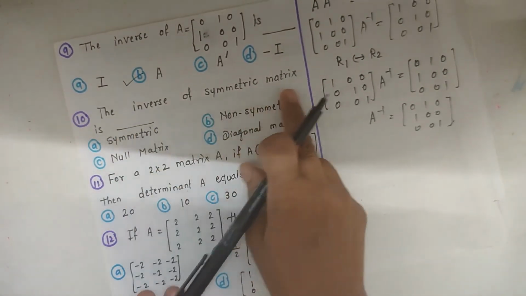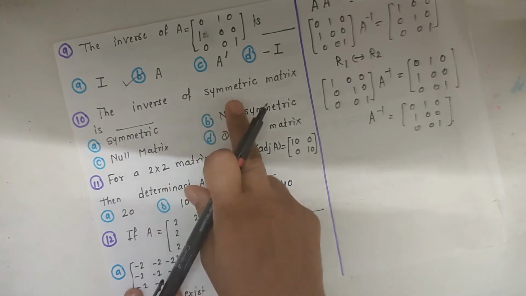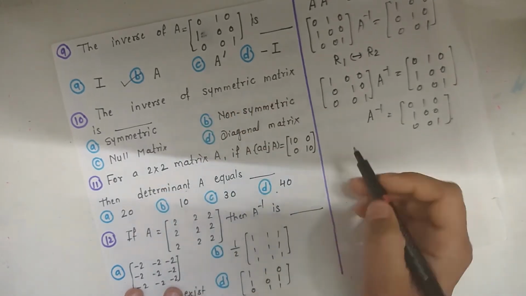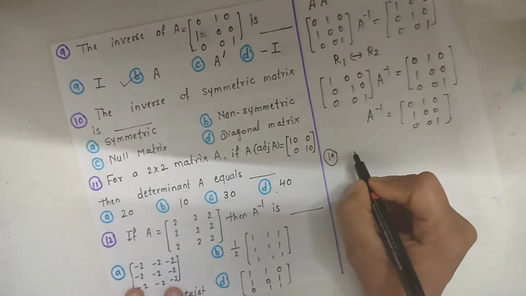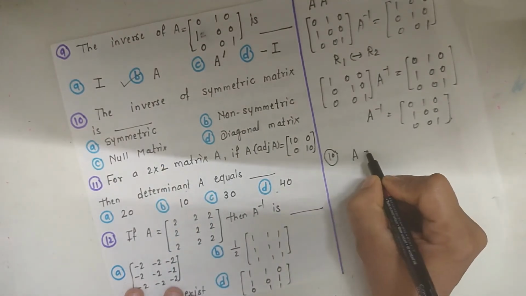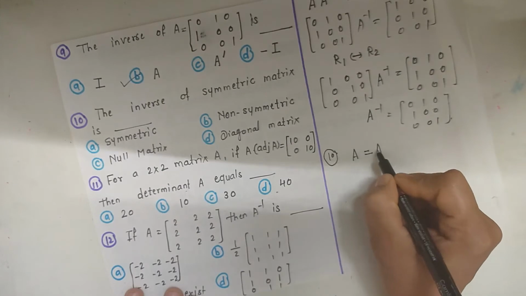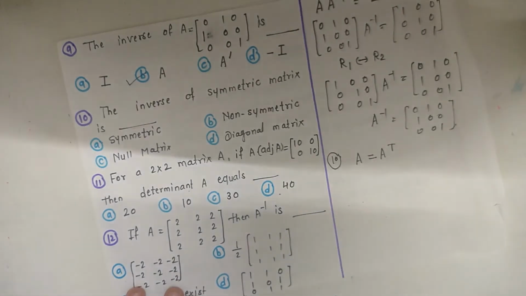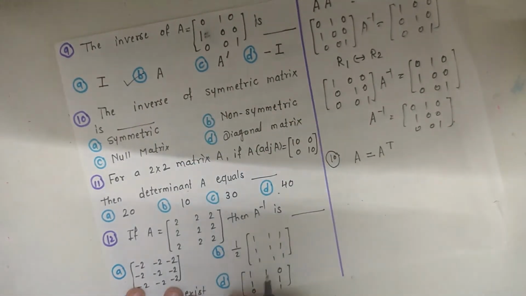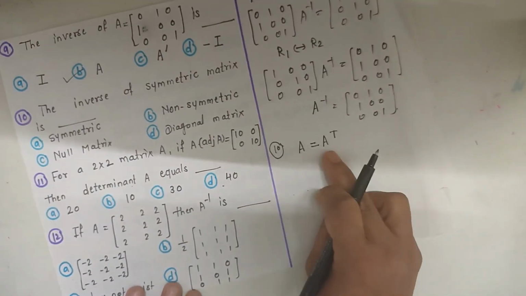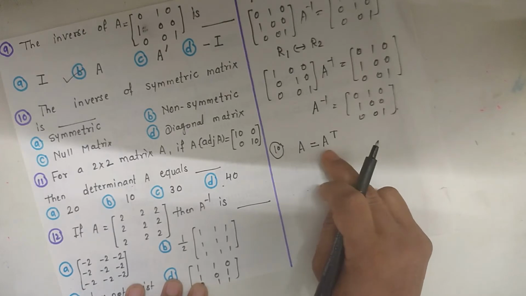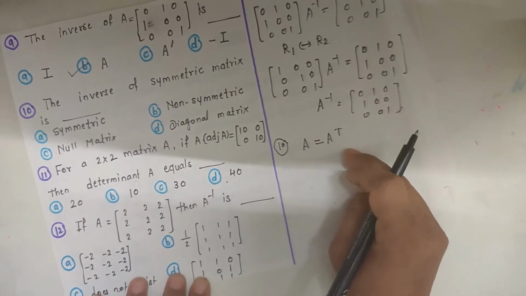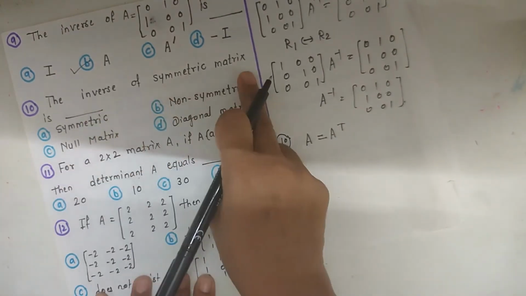Now the inverse of a symmetric matrix is, what is a symmetric matrix? If any matrix is symmetric, then the given matrix and its transpose both are equal, and that matrix is called a symmetric matrix. Transpose means the matrix we get by interchanging rows and columns. Now the inverse of a symmetric matrix,